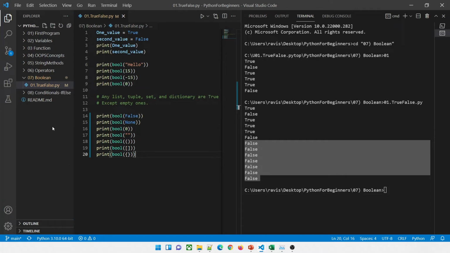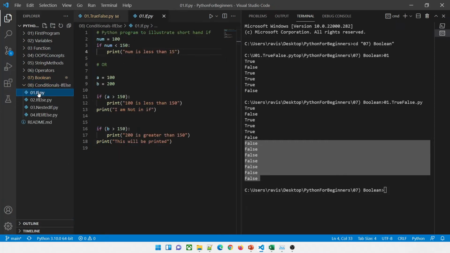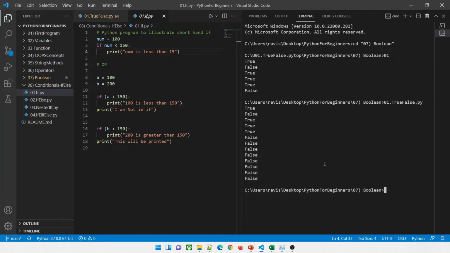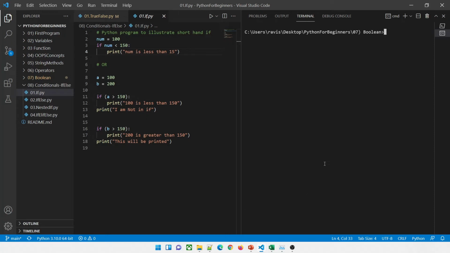I hope you have understood it. Now let's dive right into the conditional statements. Let's go to the if statement. Let me clear this. I have to use clear because I am in CLS. Now it is clear. I'll illustrate how to write a shorthand if. This is a shorthand if. How does it work? You just write it in one line. Num equal to 100. Num is greater than 150. Is it greater than 150? Let's see. Let me give a value 150 over here and try to run this.